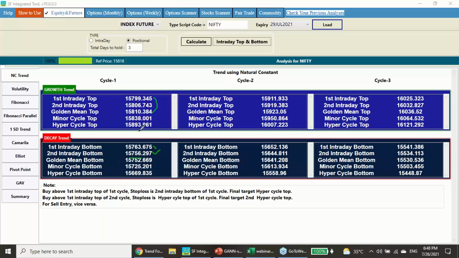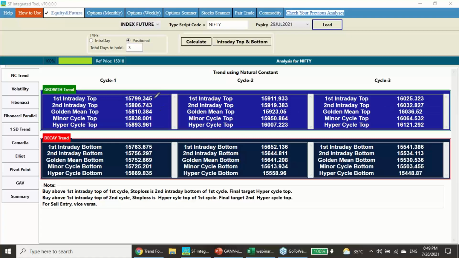So this will be the stop loss, and you have to watch out for 15,838. If this price crossover happens within a few minutes, you can expect the hyper cycle crossover to happen, else the price will fall back. So if very quickly, within 5 or 10 minutes, you are not getting the hyper cycle, you must think that the trade is not going to be successful. It may trigger the stop loss. So these three are the consolidation band, and the most important factor is the minor cycle, which is 15,838.